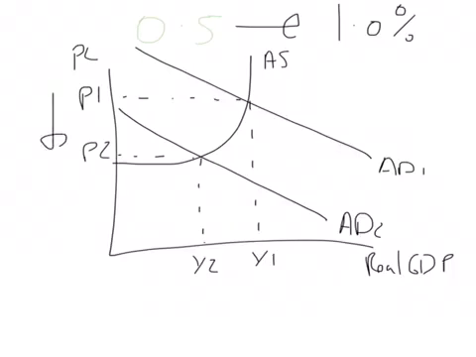Right, okay, so once you've done your diagram, you've explained this is what should happen in the economy. A good thing to say now is, is this actually good for the economy or bad for it? And what you think about is TIGER, because that's what we look at when we decide if the economy is doing well or not. Is it likely to be good for trade balance? Now if you look at this, prices have gone down. So if prices go down, our goods are therefore more competitive.